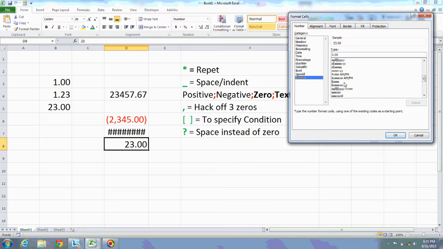H and M means hours and minutes format, hours, minutes and seconds format, and this is month, date, year, hours and minutes format. This is just minutes and seconds format. This is minutes, seconds, and it is showing .0 at last, and this is text format. We have already seen this format earlier. If you select this text format, the value will be aligned to the left side of the cell. And this is,